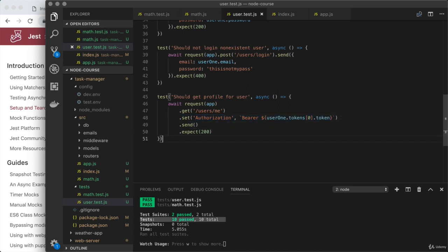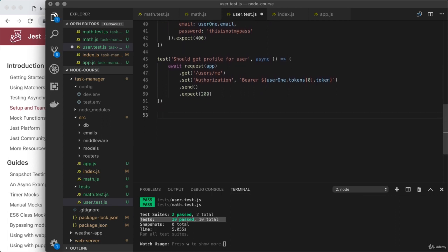Now down below, let's go ahead and create a test case for ensuring that things fail when you're not authenticated and you're trying to fetch the profile. Then there'll be a challenge for you to test a different endpoint on your own. So right here, test should not get profile for unauthenticated user. Then we'll set it up as an async function. And down below, we'll actually go through that process. So very similar to what we had above. I'll use await, calling request, passing in the express app. On the next line, .get